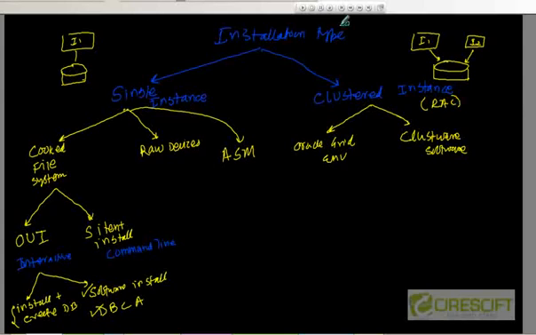So these are all different combinations, and believe me, these are not the only combinations. You can also have very detailed ones. If I go to raw devices, what kind of raw devices am I going to use? That's going to be another installation type. So what I'm going to do in this set of videos right now, I want to cover the basic things. That means I'm going to cover this part completely,